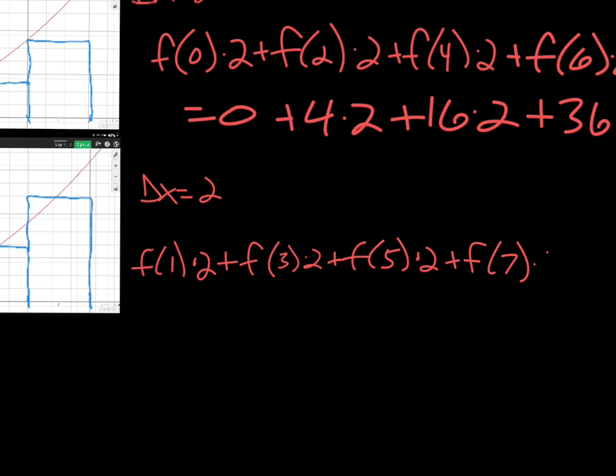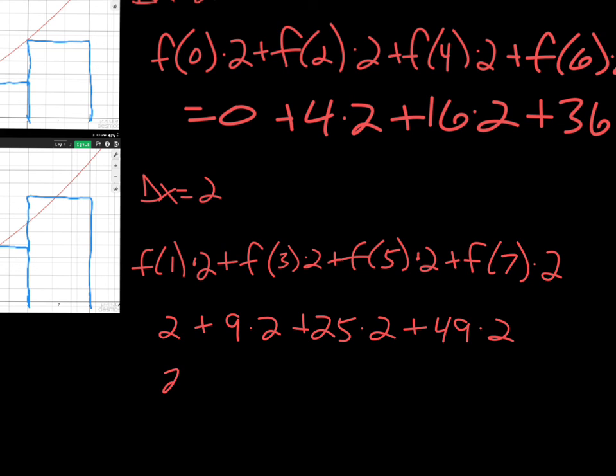Okay, so then this is going to be 1 times 2 plus 9 times 2 plus 25 times 2 plus 49 times 2. So then 2 plus 18 plus 50 plus 98. And so using the midpoint Riemann sum, we get that it's 168. Okay? So that's all you're doing. There's nothing else to this except to get over the notation, which you're going to have to take a look at. So I just did everything up to